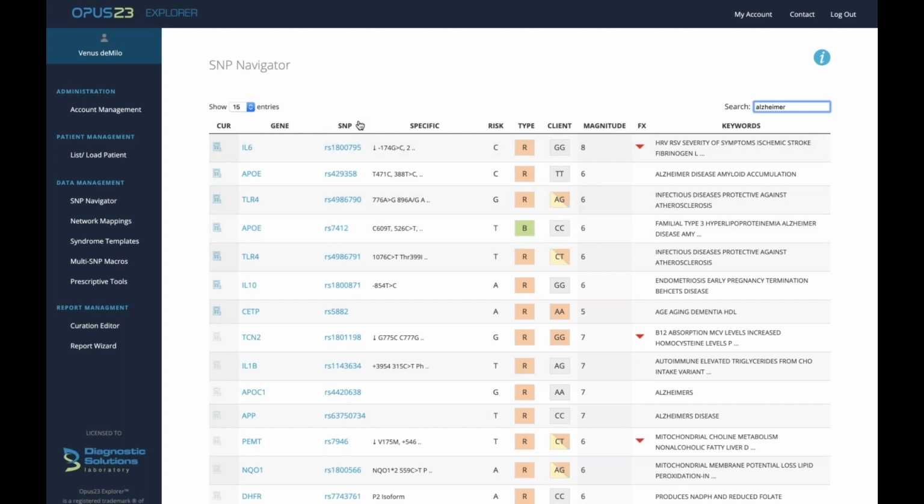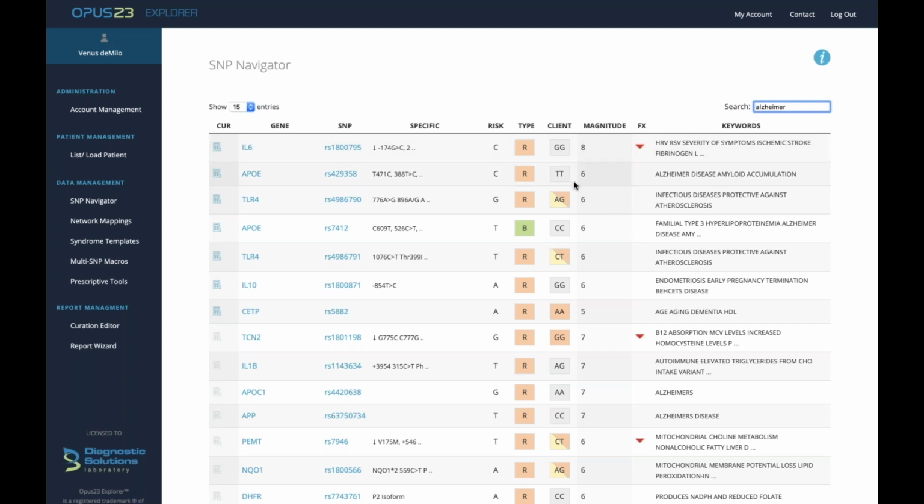So then it shows you the gene, it'll show you the SNP, and it'll give you any specifics about it. A down arrow typically implies decrease in function. Again, risk allele, type, as we discussed before, and what is the effect and what the keywords are. So you can see here, this client